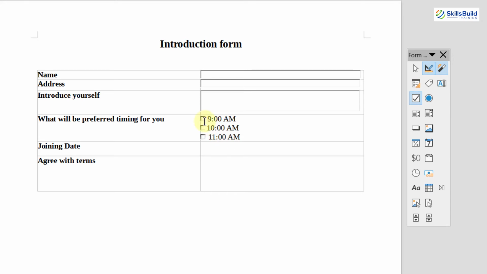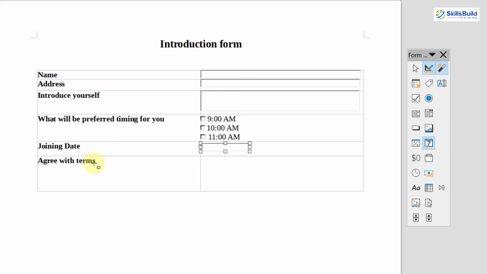And for my joining date, obviously I want the user to write a joining date, but here we have a format for that as well. So I will just select it and I will drop it here as well, and here the joining date will appear. You can adjust it and you can move it as well, and here you can see I can do that. Now I will move it a little bit down, and now it's perfect.